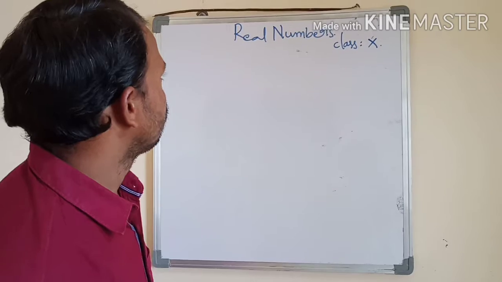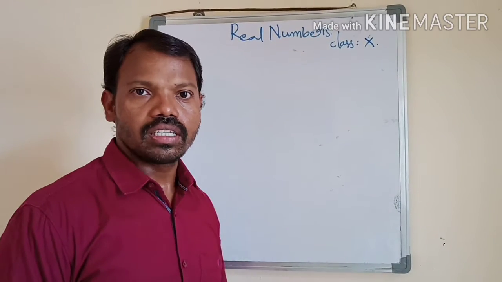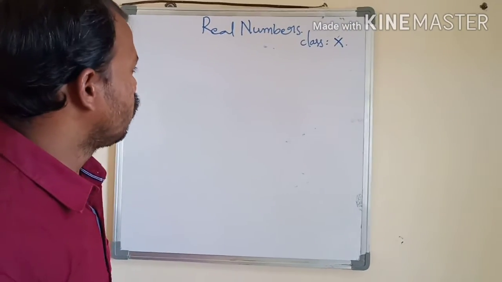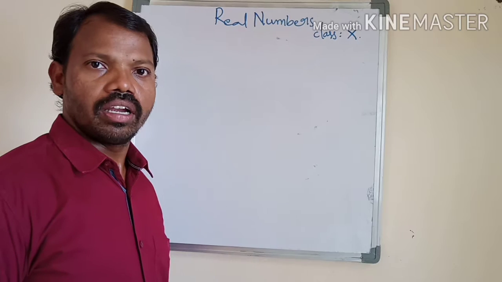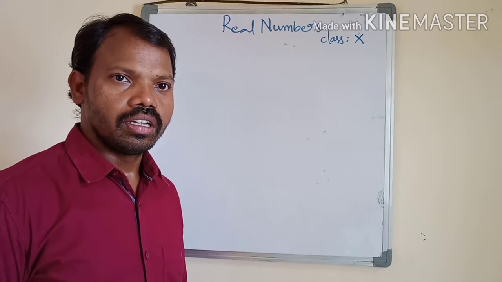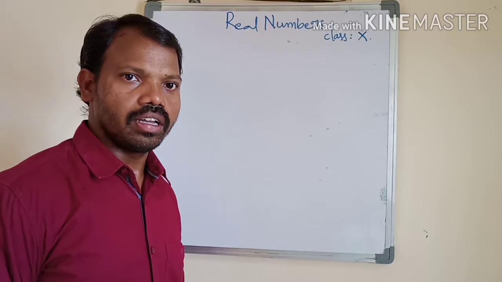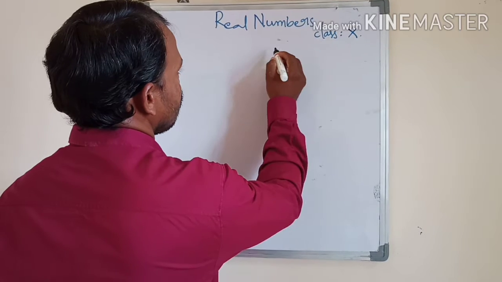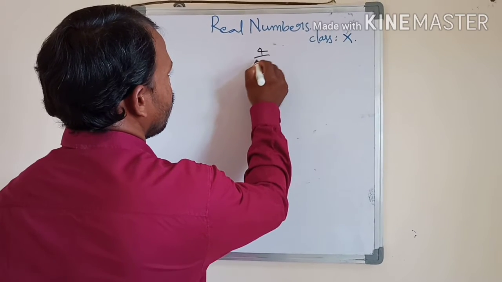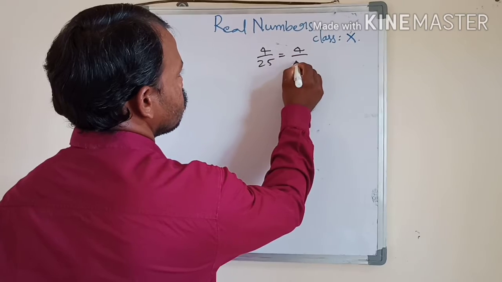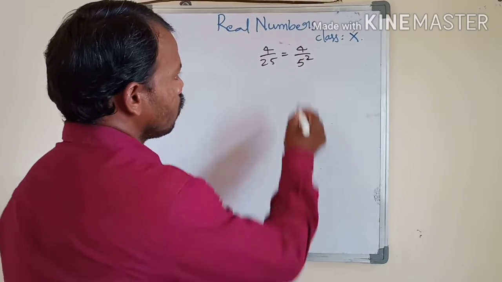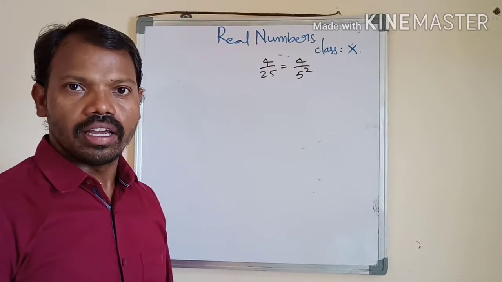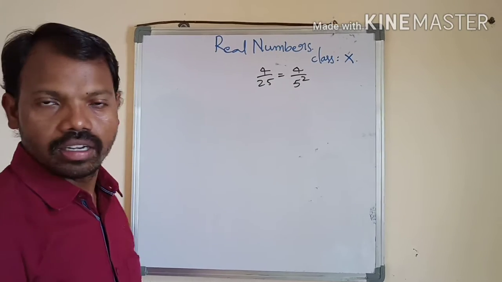Now we are going to the topic real numbers. Already we discussed previously irrational numbers. Today, terminating and non-terminating decimal expansion. What is the nature of the denominator if it is a terminating decimal number? We have seen some examples, for example, 4 by 25. We can write it as 5 square. So the denominator contains 5 square. It is a factor, multiples of 5. Then it is a terminating decimal number, right?